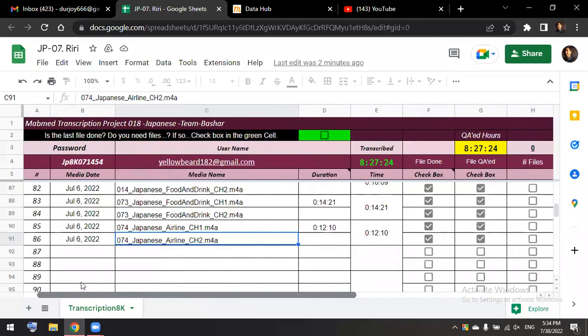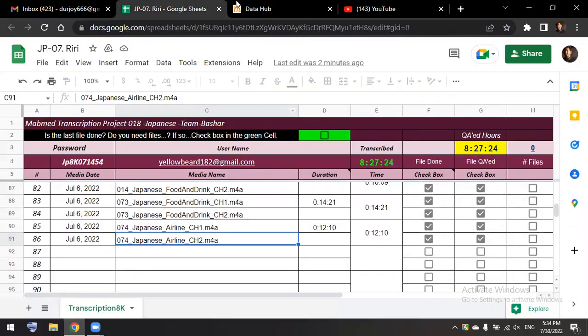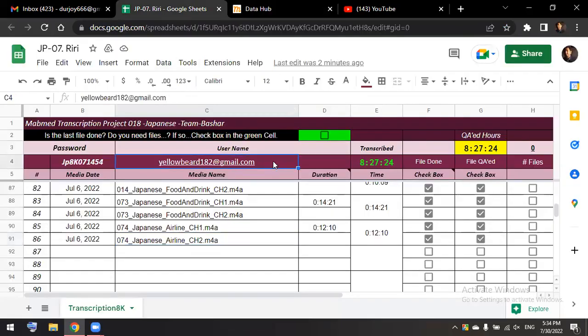So, Data Hub. Whenever I press on the link, I will go to my work platform, which is Data Hub. After that, everyone has to copy this username and then the password, not clicking here, just clicking here. After that, you can see the box, and on that box the text appears. Copy it from here, and copy it properly from here.